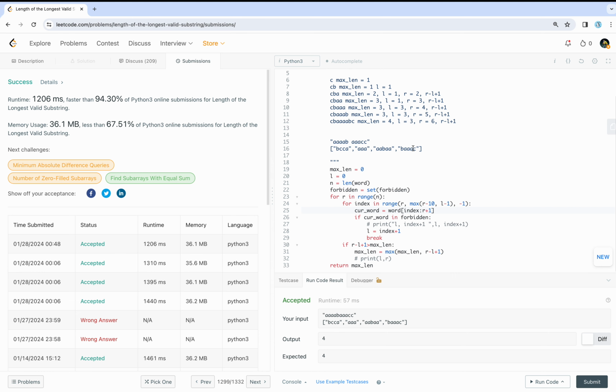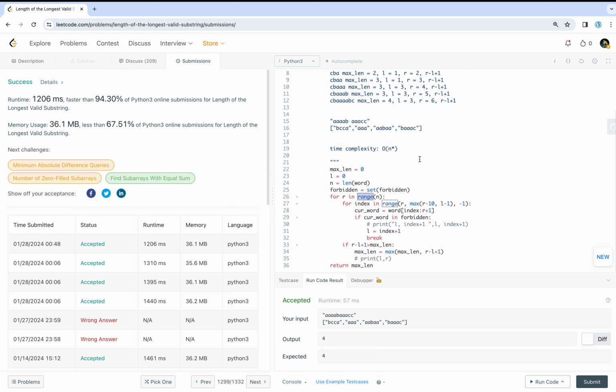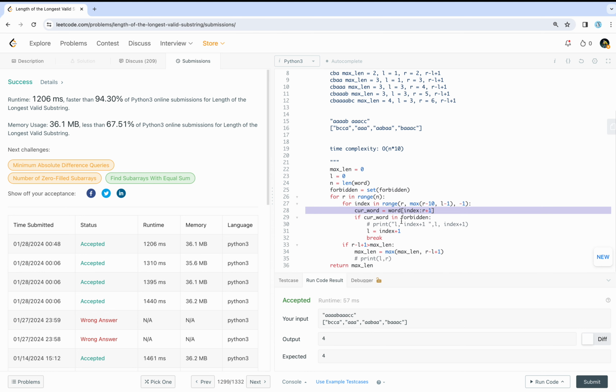And basically, what about the time and space complexities? So let's just say this. So time complexity is, so let's say we want to go to n, because every character, and then this is at line 26, and then basically after that we have to go this 10 times, right? And then basically we just have to slice at 26. So this is also at max 10, right? So yeah, basically this is O of 10 plus 10,